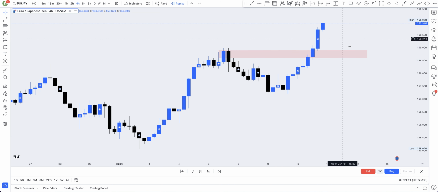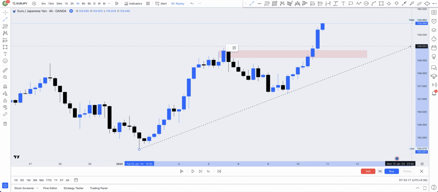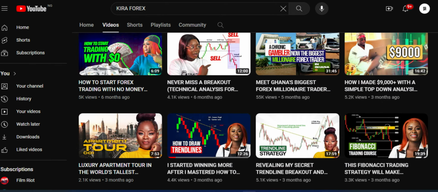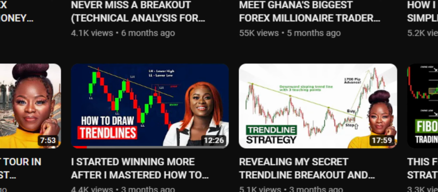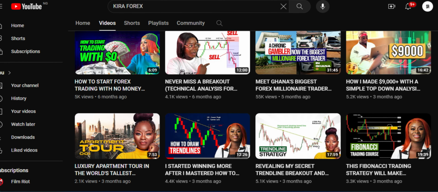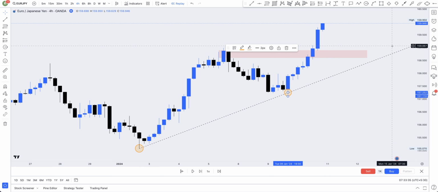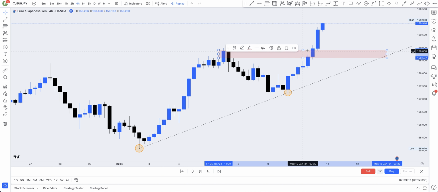Now right after this key level, we also have a trend line here. This is our trend line. I also have a video on how to properly trade with trend lines, the things you have to look out for, both beginners and existing traders. So this is our first touch, this is our second touch, and we would be waiting for price to touch the trend line for the 3rd time, and that will be a confluence with our support and